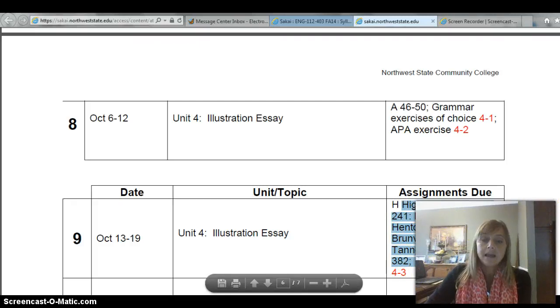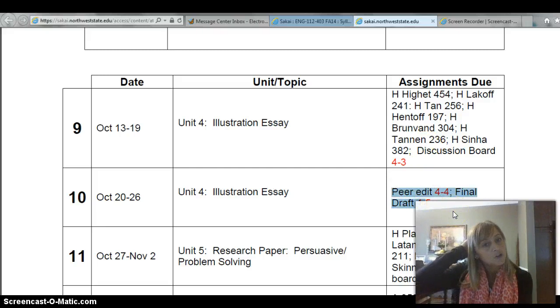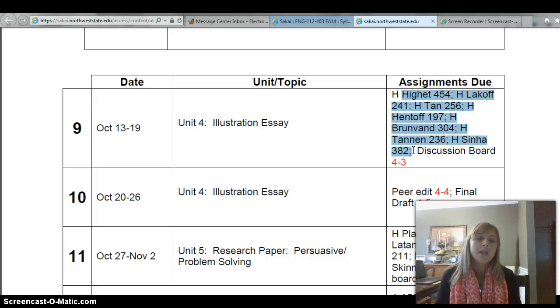I'm getting ahead of myself because I'm actually talking about the paper that we're working towards, but I do want you to keep that in mind, that for next week, October 20th through 26th, the paper that we're writing is going to use at least two sources. When I say that, don't feel like you have to use more than two. Two is fine. We'll talk a little more next week about what synthesis looks like, but you might want to set up a table or a diagram as you're going through these. Make some notes, maybe even just tab your book with sticky notes for things that you think are important, but also to show how one argument connects with another.